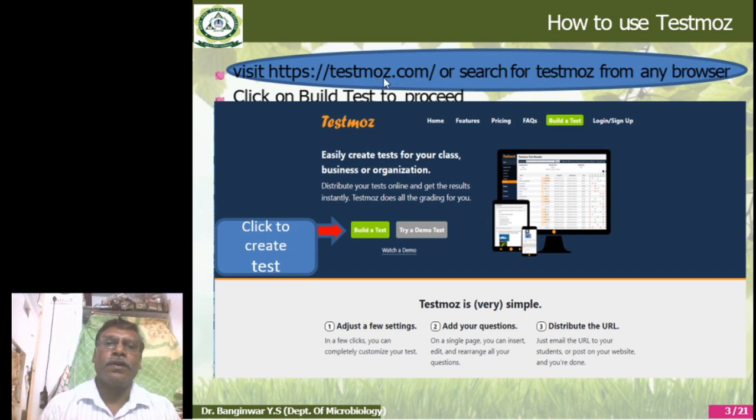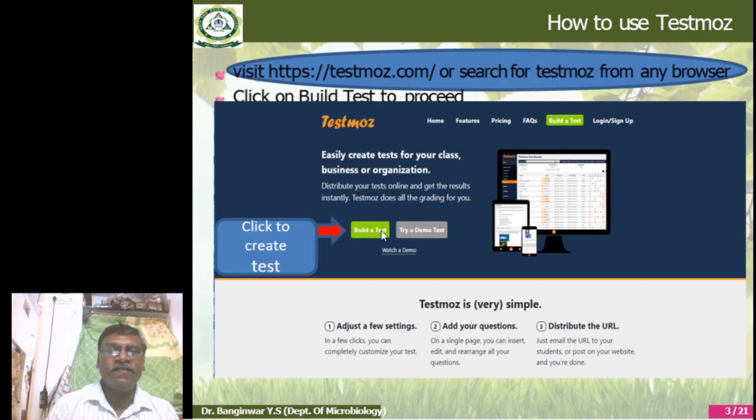If you write it and press enter, immediately you get the screen of TaskMoz which contains certain tabs: Home, Features, Pricing, Frequently Asked Questions, Build a Test, and the last ones, Login and Sign up. These we do not use; they are for premium users or those who have a membership.